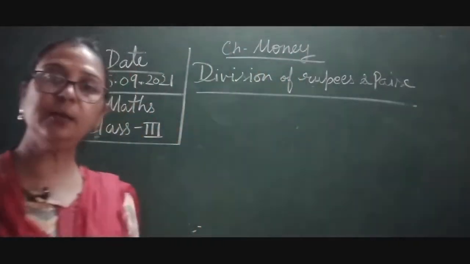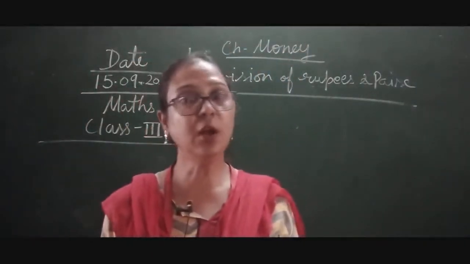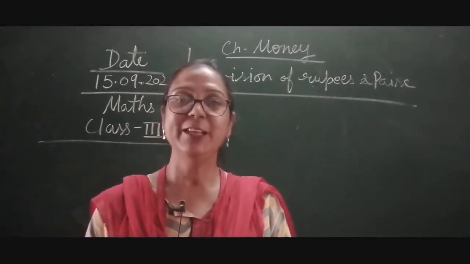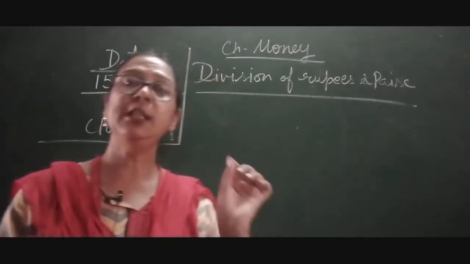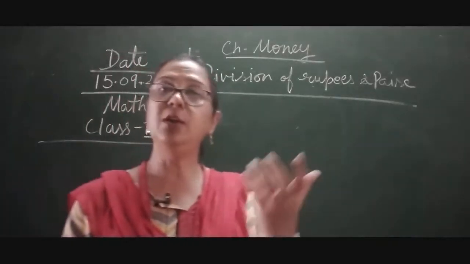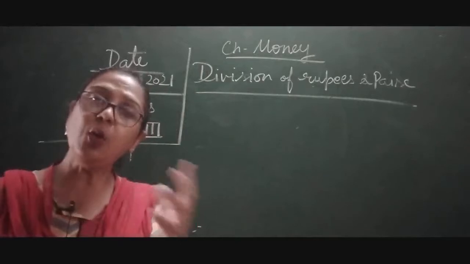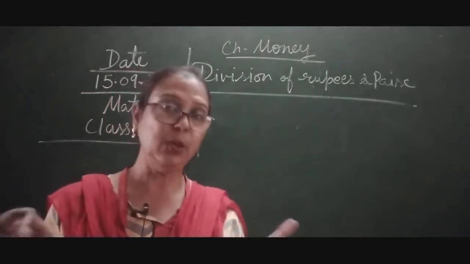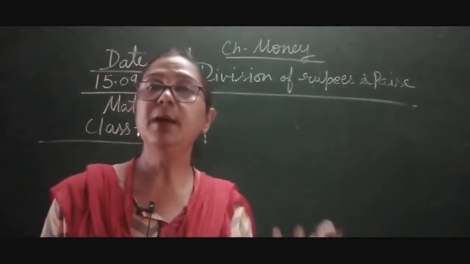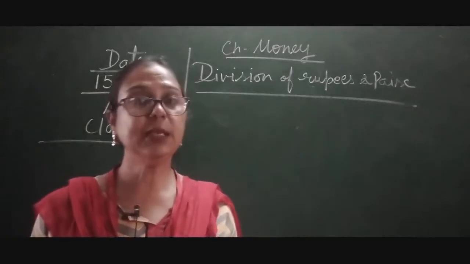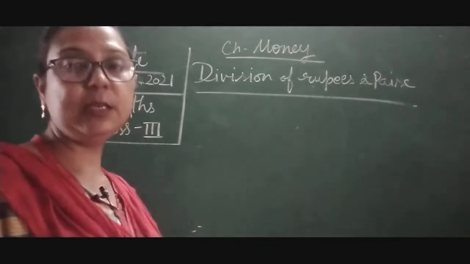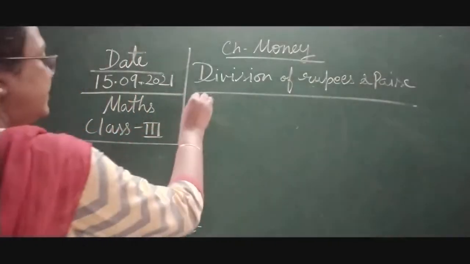So first of all, with our previous knowledge, we know very well how to divide numbers. Similarly, we will do in this concept also. It is quite simple. We have already done the chapter of division and we know how to divide things equally. Here, children, we are going to learn how to divide money, or you can say rupees and paise, in a proper manner. For this I would like to give you example number 1.